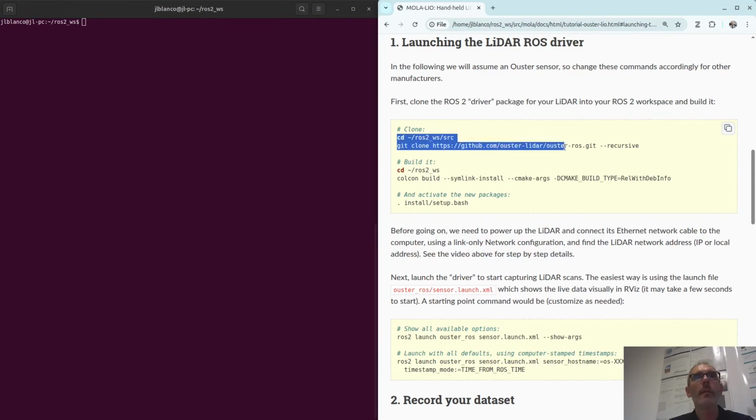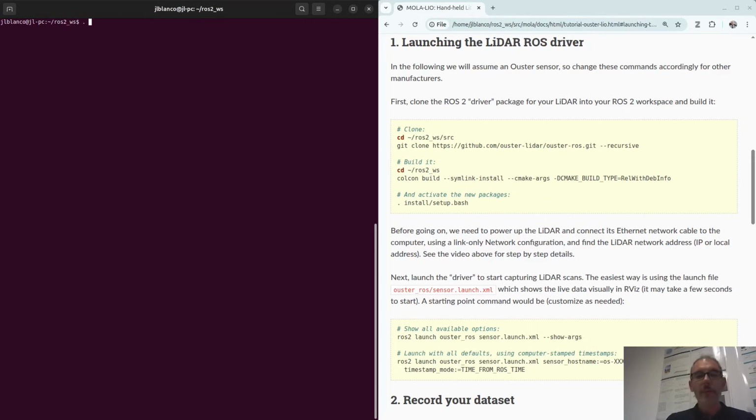You need to clone this package and build as usual using colcon build. Once that is compiled, you can enable your local environment as usual using the install setup dot the name of your shell. And now, just to check that we have the package installed, let's try, for example, ros2 launch